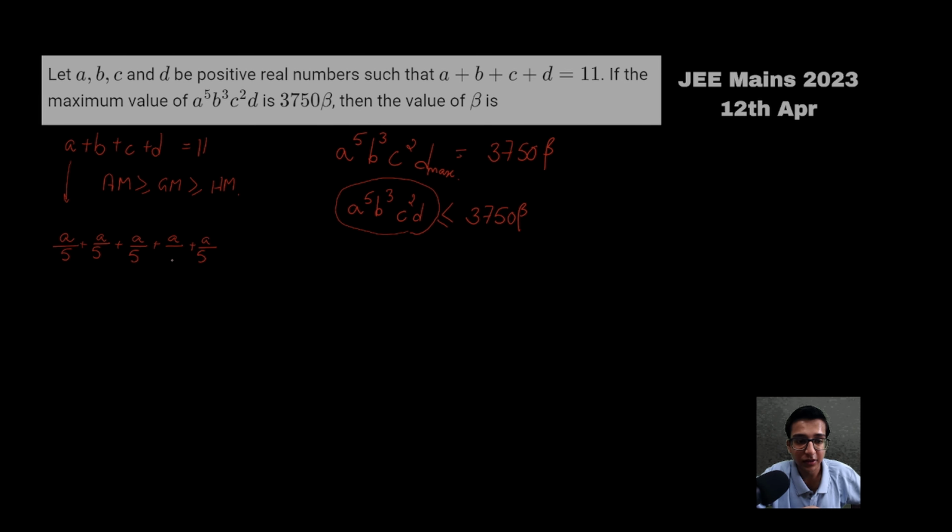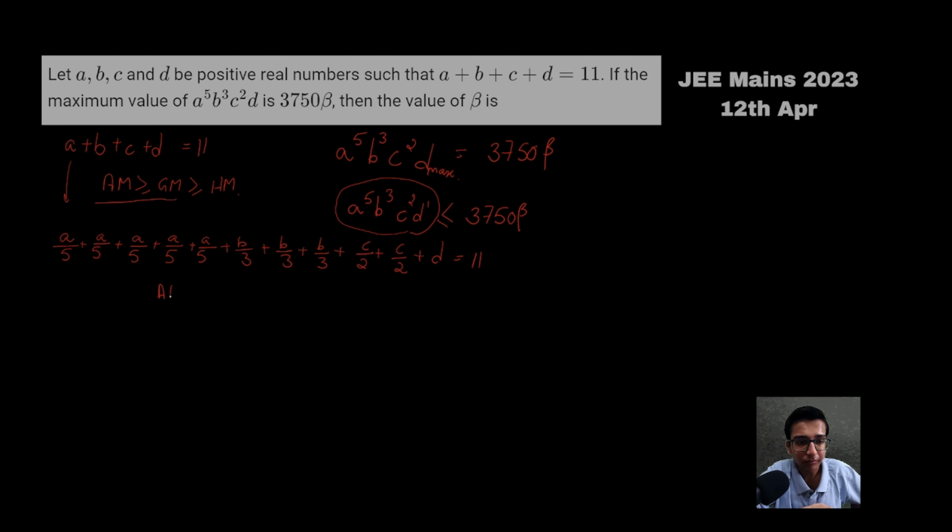Now the reason for this is that whenever we multiply all these parts of a, we would get a to the power 5. Similarly, since b is cubed here, we would divide b into 3 parts, b by 3. C square has been given, so we would divide c into 2 parts. And we do not need to divide d since it is given to the power 1. So we've been provided this equation. Now let's try to solve first via this